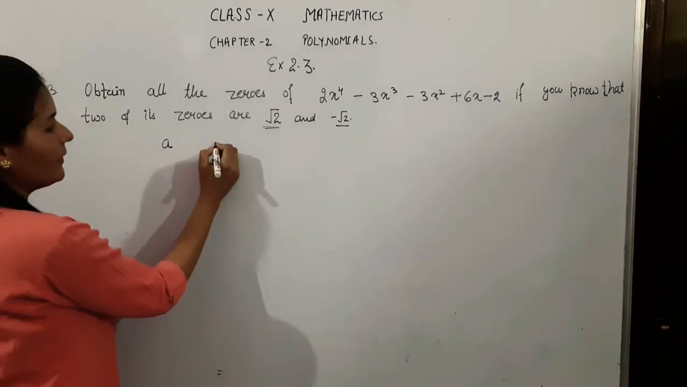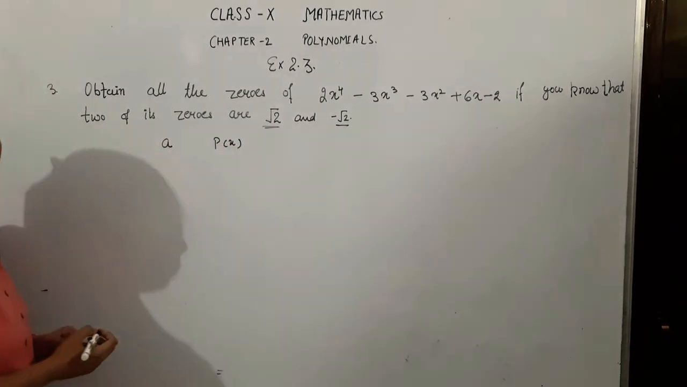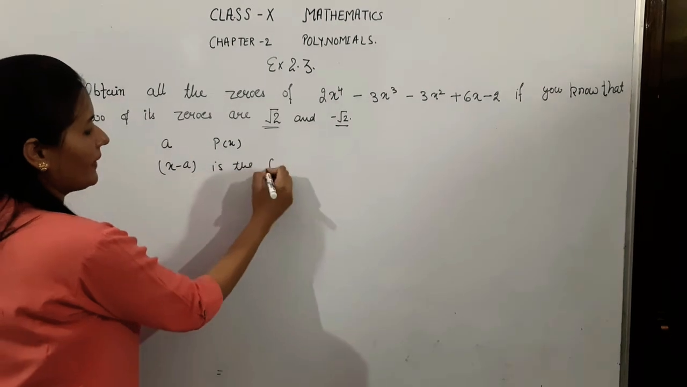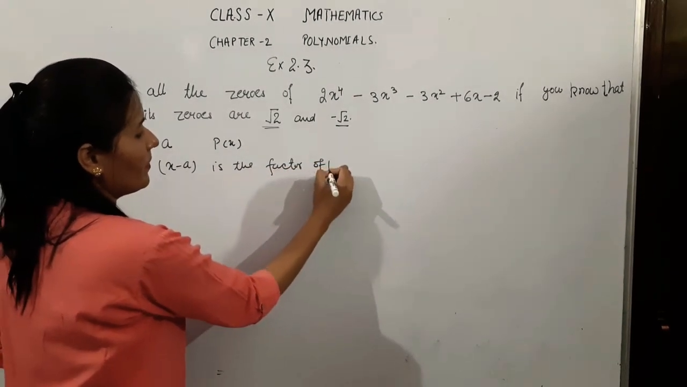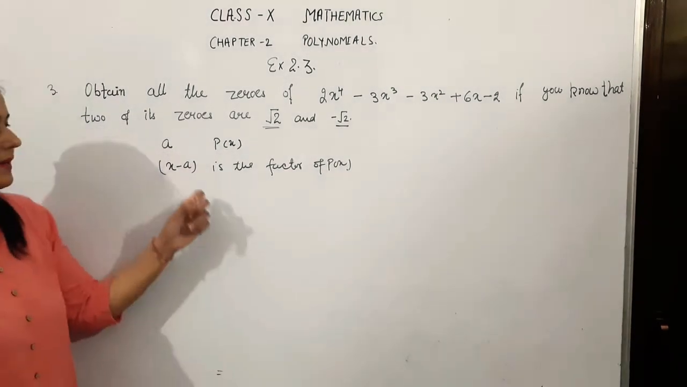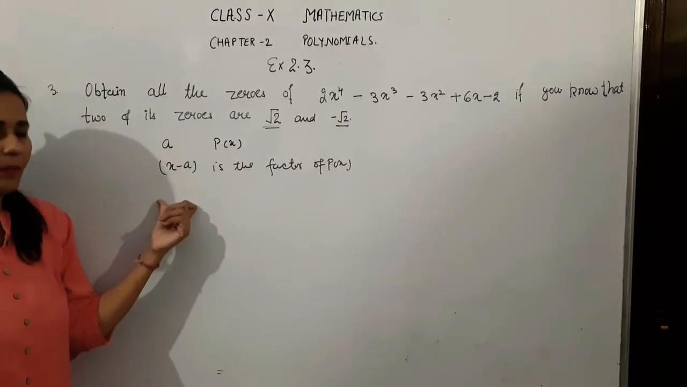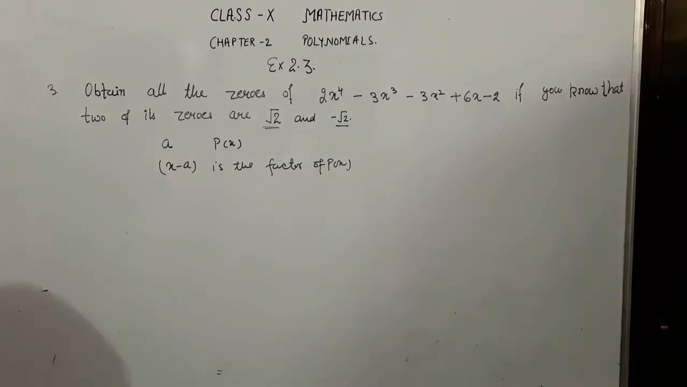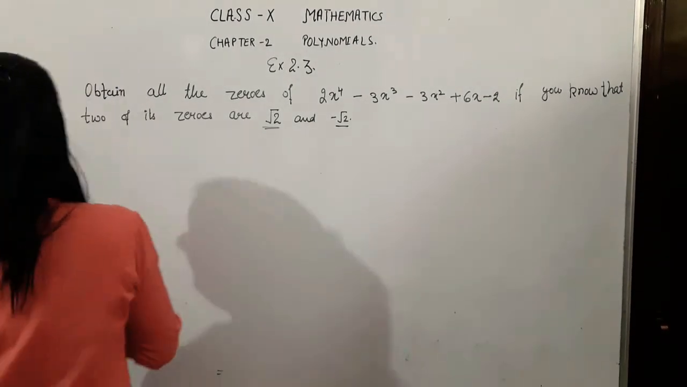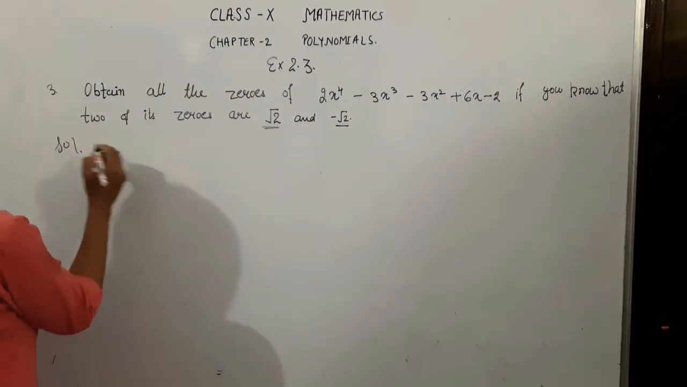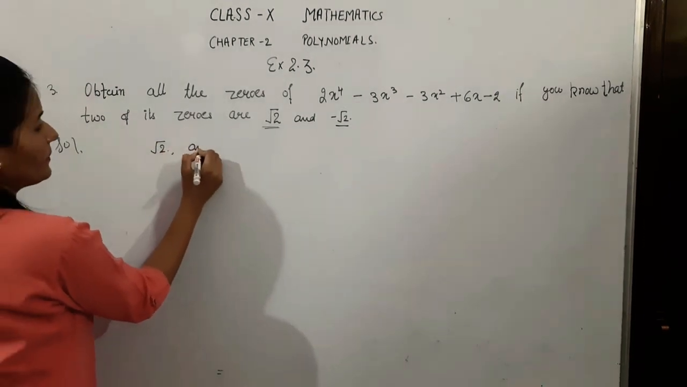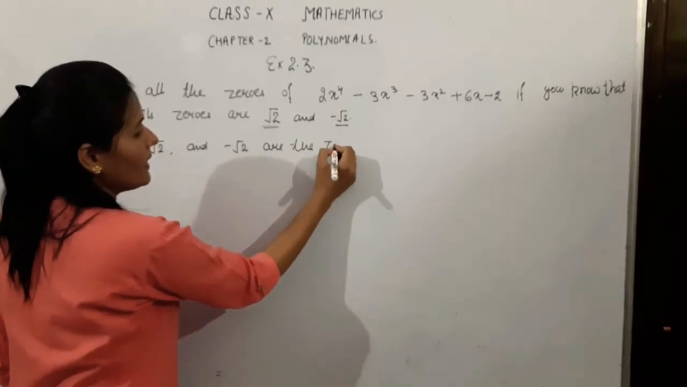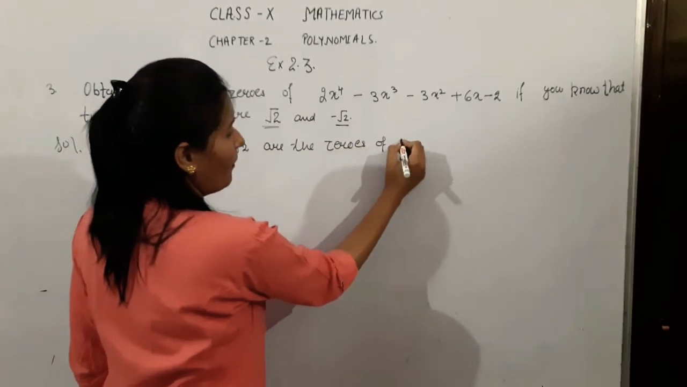If a is the zero of the polynomial p(x), right, then x minus a is the factor of p(x). Remember, in 9th standard we have done, if a is the zero of the polynomial, then x minus a is the factor of the polynomial. Same we will use here. Root 2 and minus root 2 are the zeros of polynomial